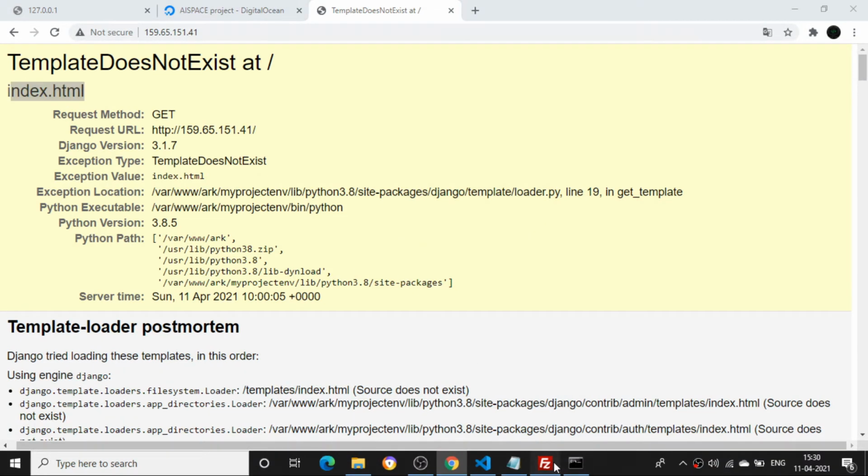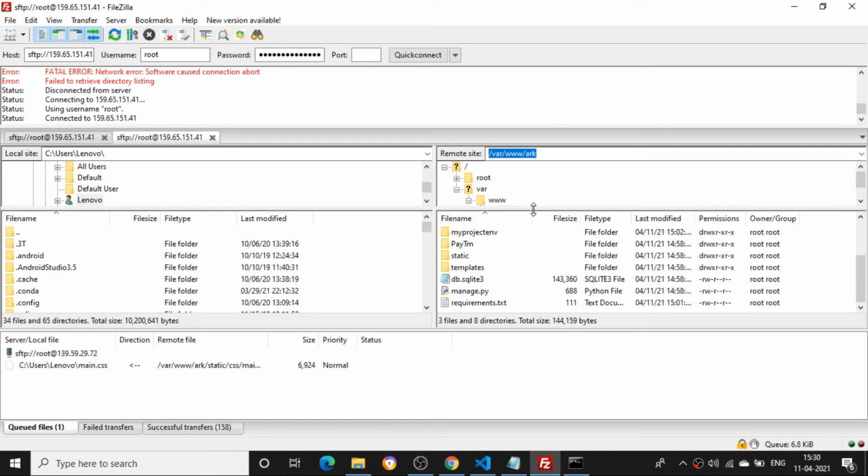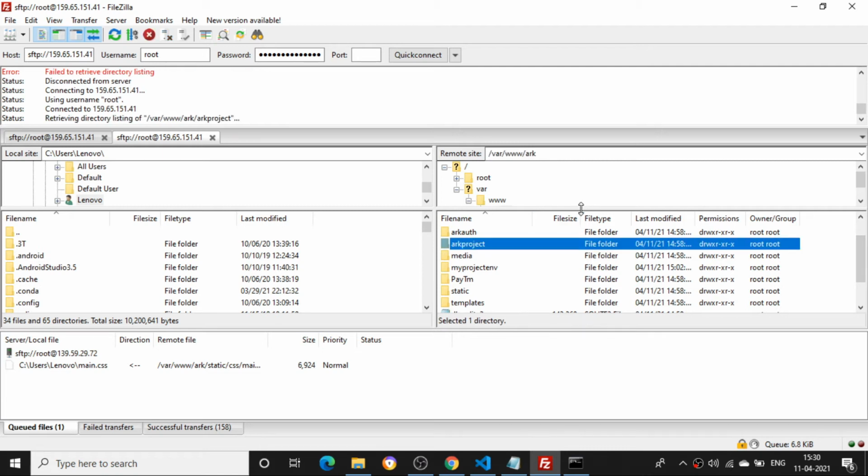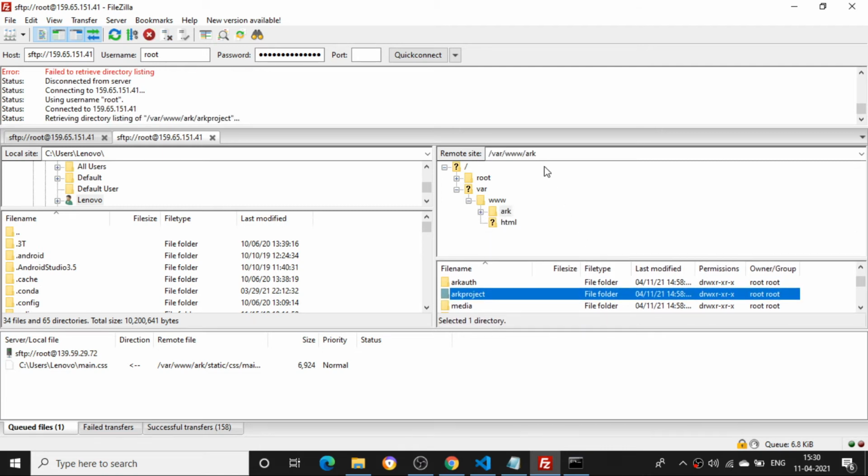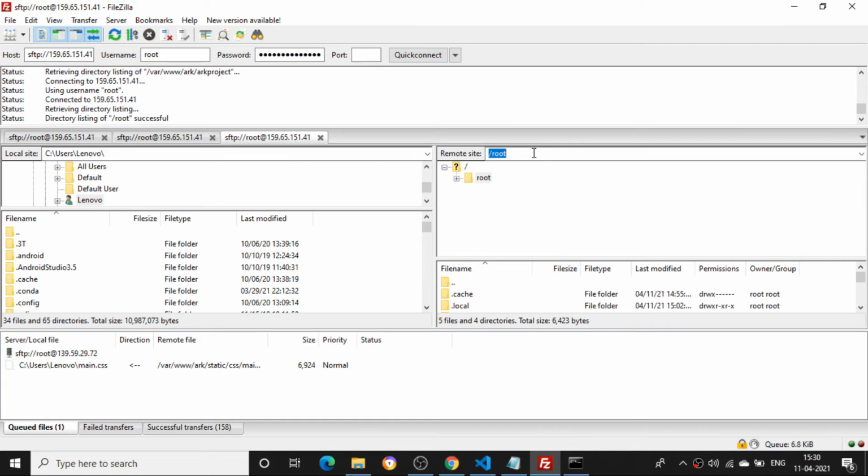So actually I need to change the particular settings here. I'll just go to this particular directory. Where is it? It's in the ERK project. Then my daemon process is working fine. I'll just go to this particular daemon process. I'll just open. So once again I'll activate it. I think I need to update this particular FileZilla, as it is not giving the results. So I'll just go to /var/www/erk/erk project. I'll go to this directory.